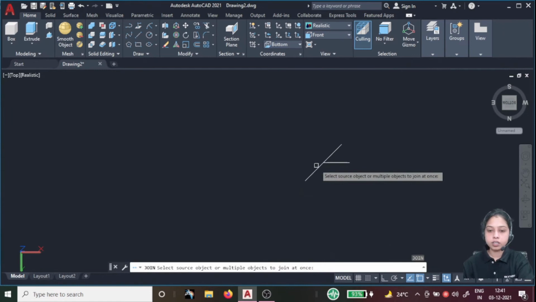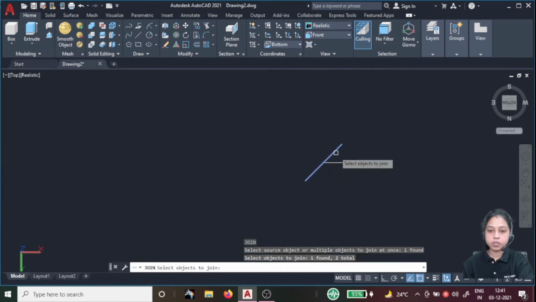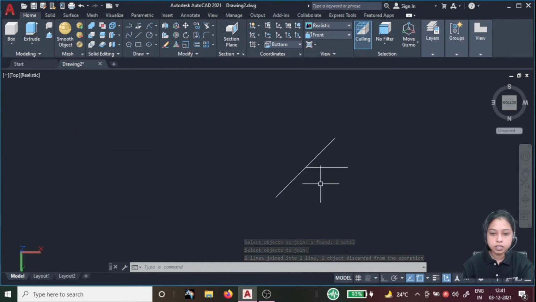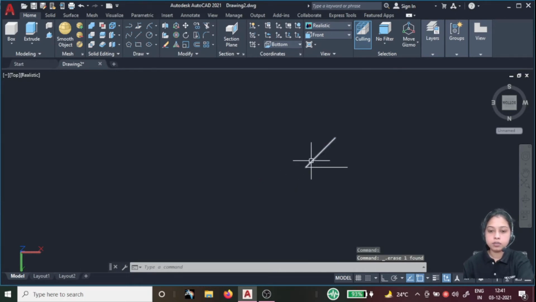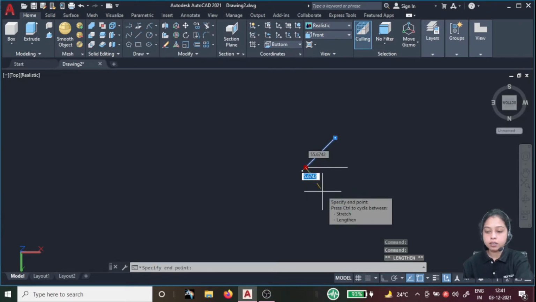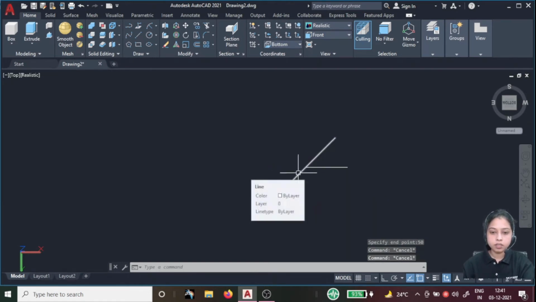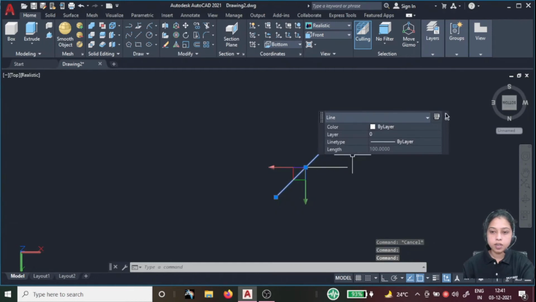Join, J, enter, select these two objects, enter. Now these two are one. Delete this one. I need to extend this one, lengthen 50, enter. Now this is your total 100.